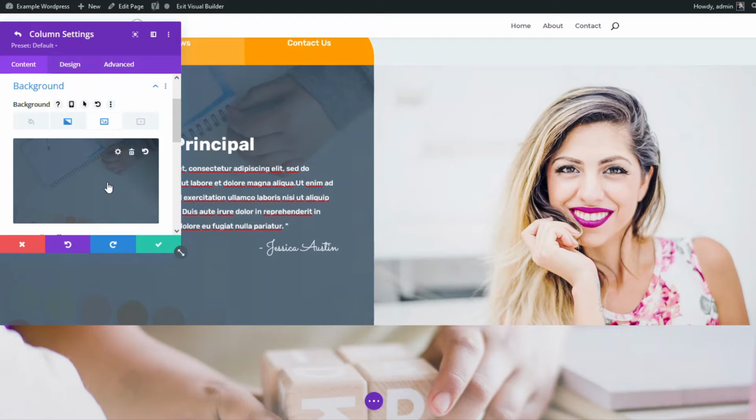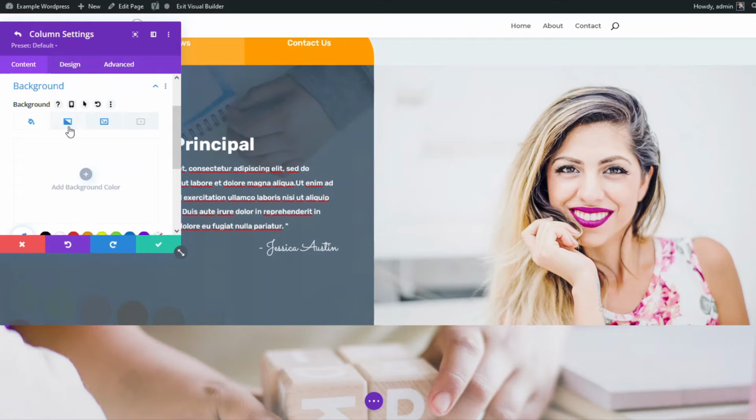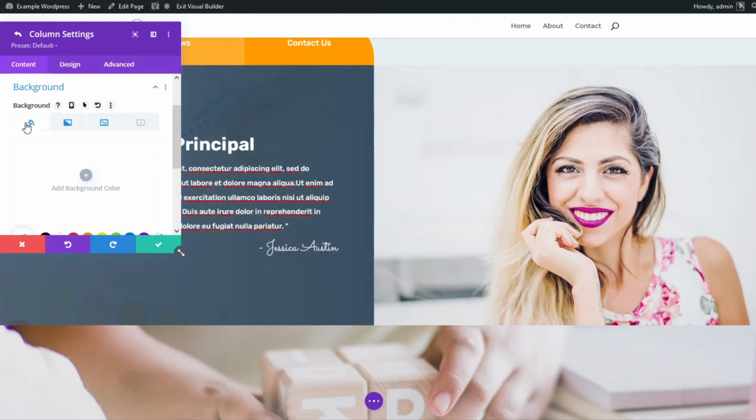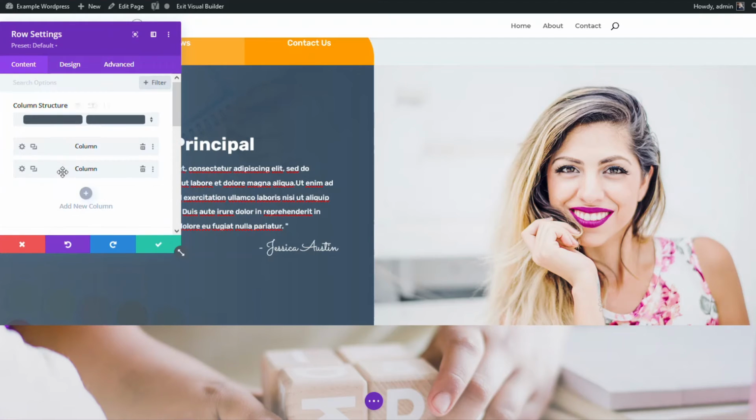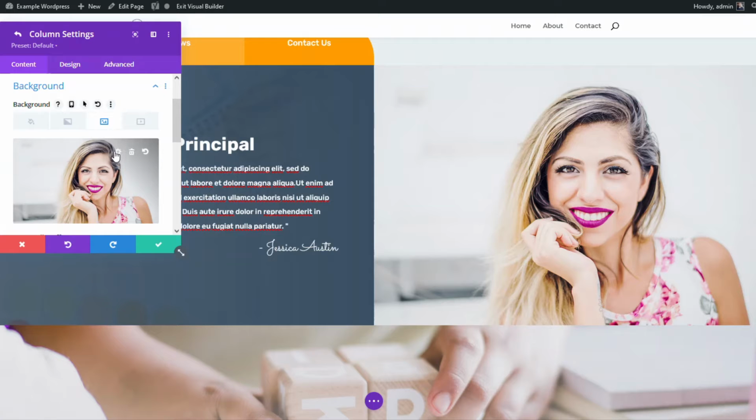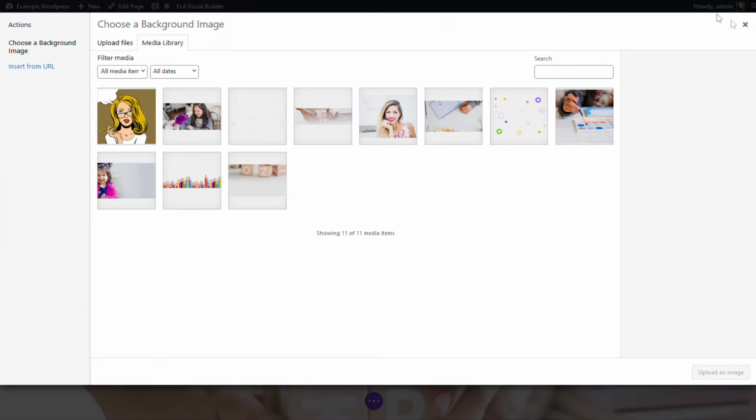If you just want a solid color, you would put the solid color here. This is for gradients, this is for images, and this is for a video. So we'll click this arrow to go back to the two columns, and this one will be your image right here. So you click the gear icon to change it, upload, or whatever you want to do,